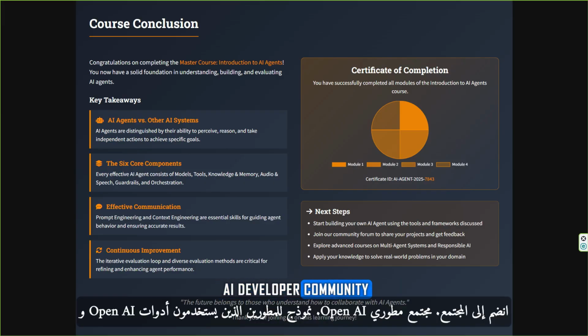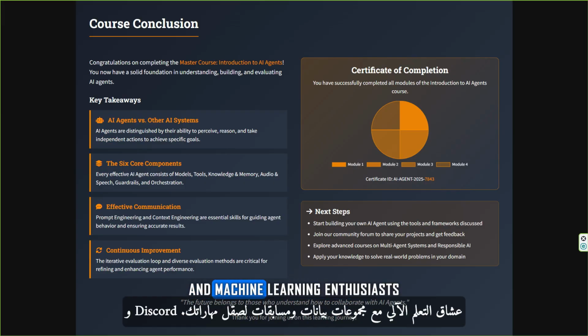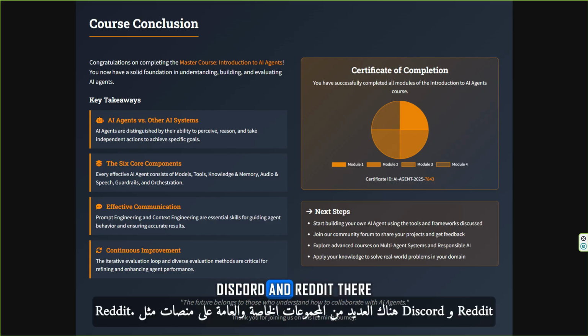Join the community. OpenAI Developer Community, a forum for developers using OpenAI's tools and APIs to ask questions and share knowledge. Kaggle, a large community of data scientists and machine learning enthusiasts with datasets and competitions to hone your skills. Discord and Reddit.